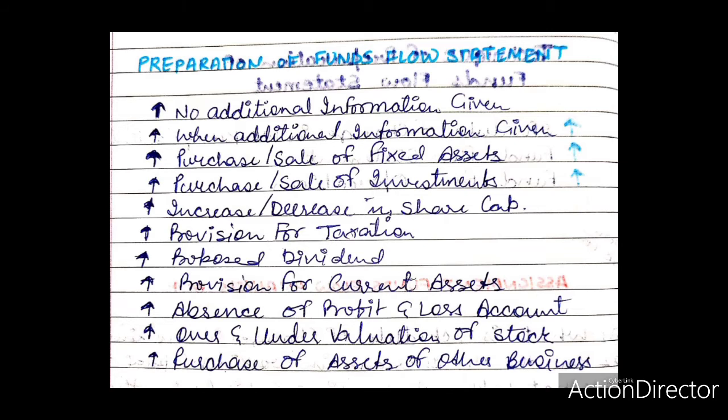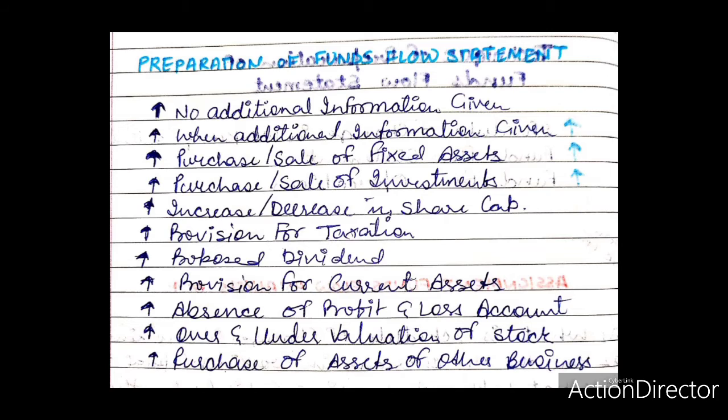Fourth step. Close the accounts one by one, which will result either as an item of source of funds or an item of use or application of funds, or close the remaining accounts by transferring to adjusted P&L account. The balance of adjusted P&L account will be profit or loss from operations that is to be shown in funds flow statement. In the end, the balance of funds flow statement will be equal to the increase or decrease in net working capital as shown in the schedule of working capital changes.